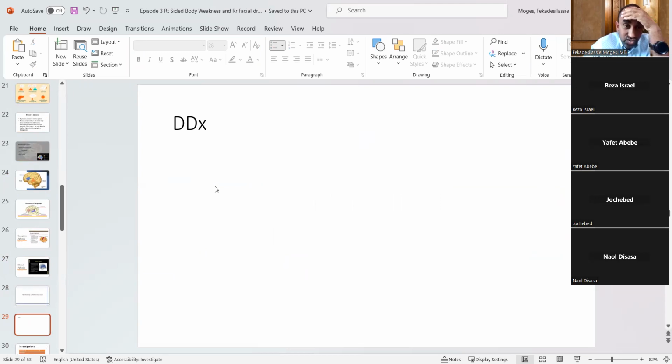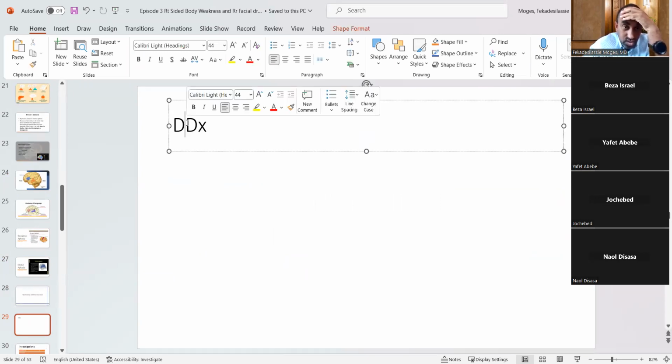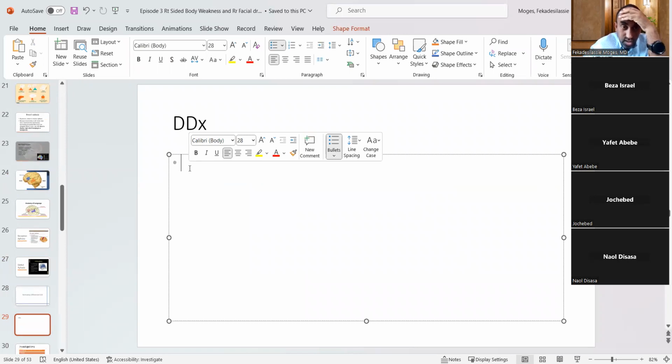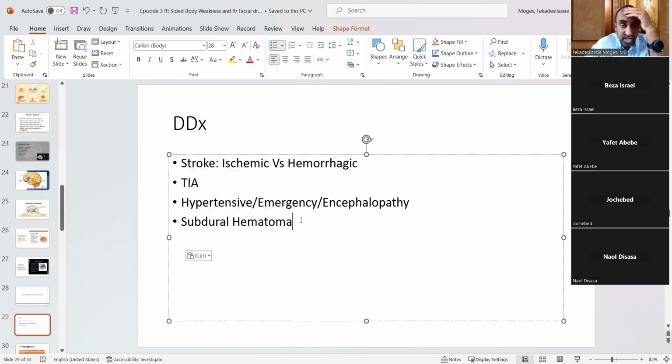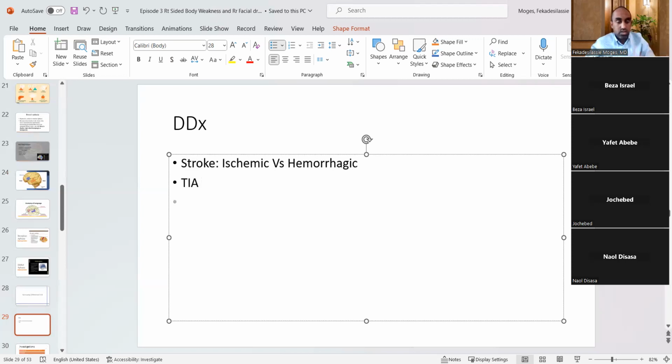TIA and stroke. Yeah, still TIA and stroke are valid. Yeah, they are still valid. Subdural hematoma is still a possibility now. Imaging እስክናመጣ ድረስ እናቆየው። እሺ